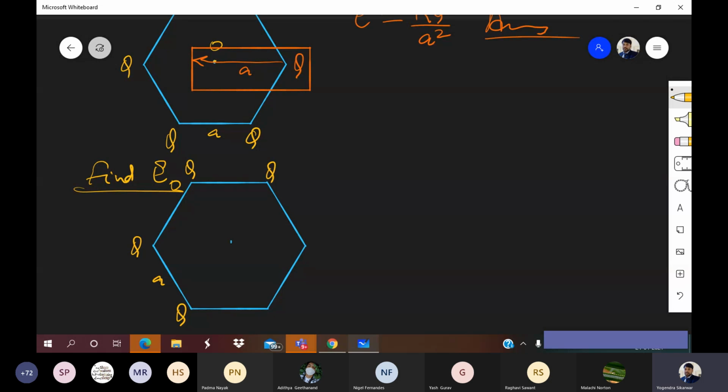Yash is saying 2KQ, Sanika is saying 2KQ, Sanjana is saying 2KQ, Natasha is saying 2KQ, Chinmay is saying 2KQ, Sakshi is saying root 3KQ, Padma is saying 2KQ, Madhura is saying root 3KQ. There are some people who are giving different types of answers. Jeremiah is saying 2, Amod is saying root 3, Disha is saying root 3, Aradhi is saying root 3. Now the people have taken a different track.